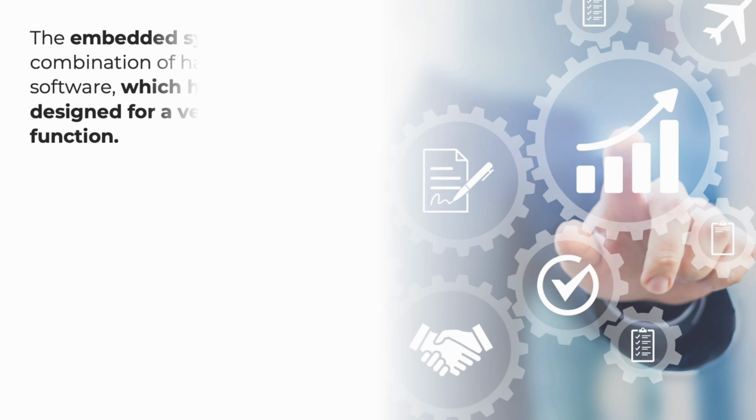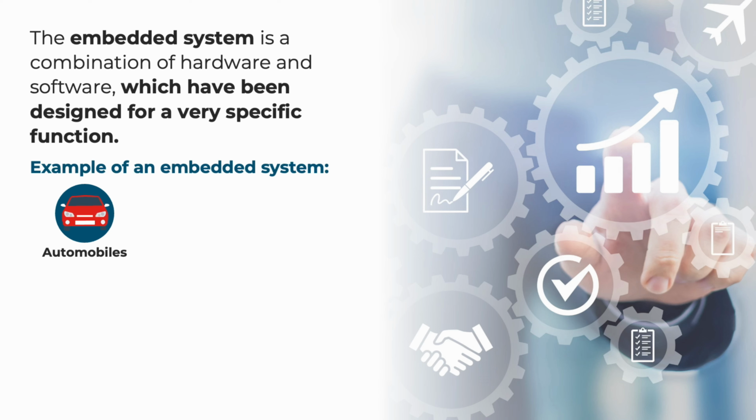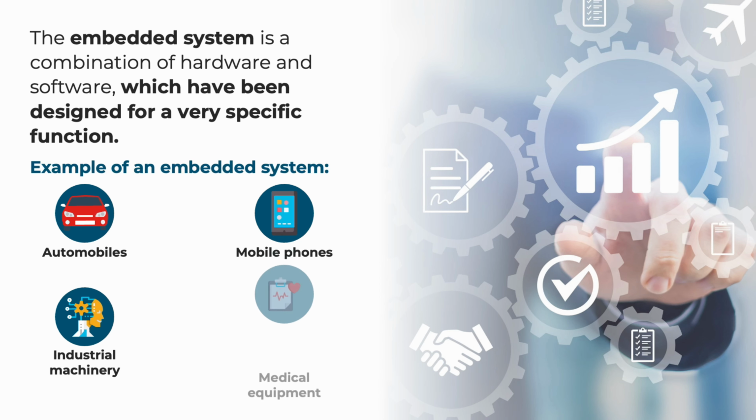And finally, the embedded system is a combination of computer hardware and software, which have been designed for a very specific function. As examples of embedded systems, we have automobiles, mobile phones, industrial machinery, but also medical equipment,